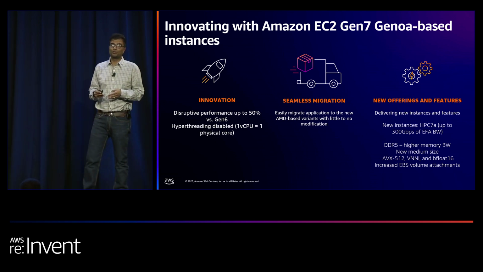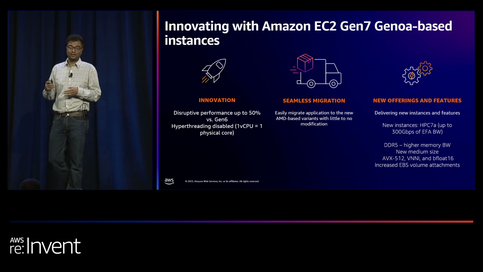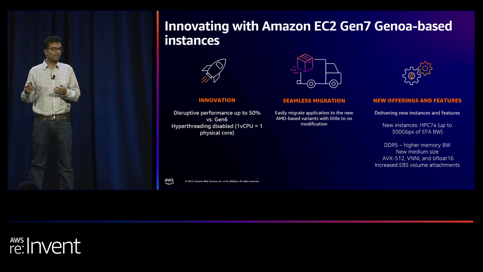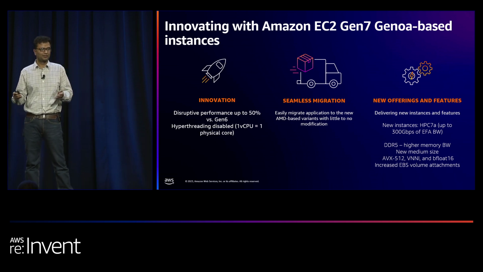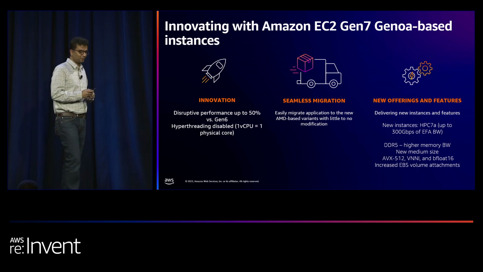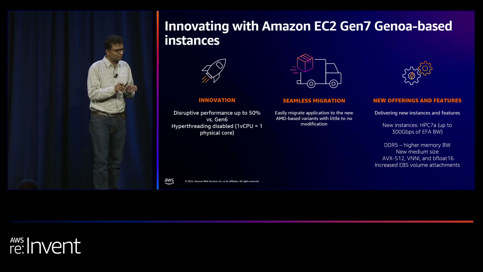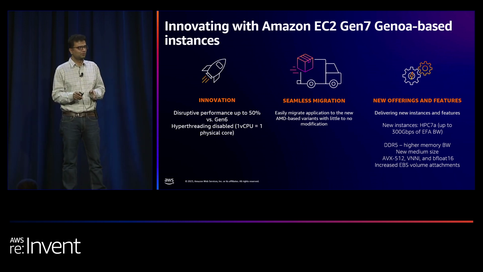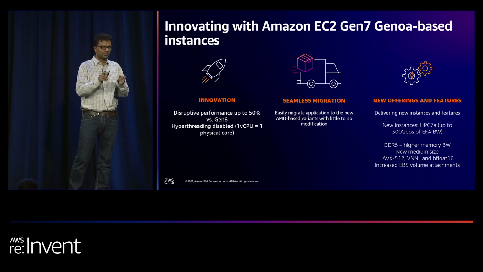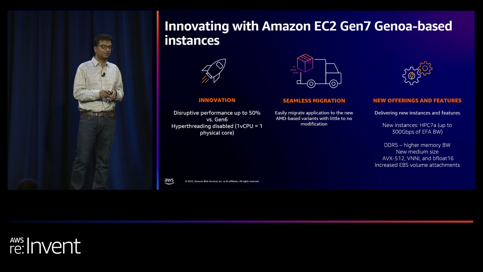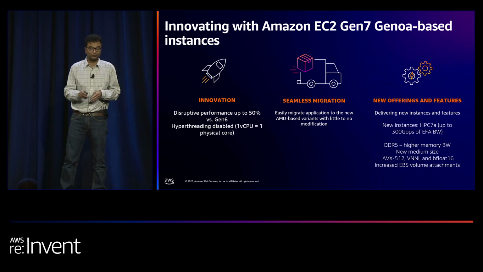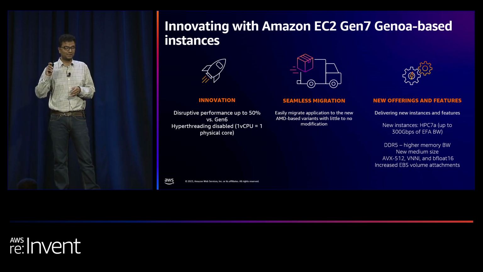And our customers were also asking us for higher performance. So what we decided to do with our Genoa-based instances, we decided to disable hyperthreading. And by that, I mean that we offer 1 vCPU as 1 physical core. Typically, we have been offering 2 vCPUs as 1 core. And because of that, we were able to deliver disruptive performance improvement of up to 50% versus the Gen 6